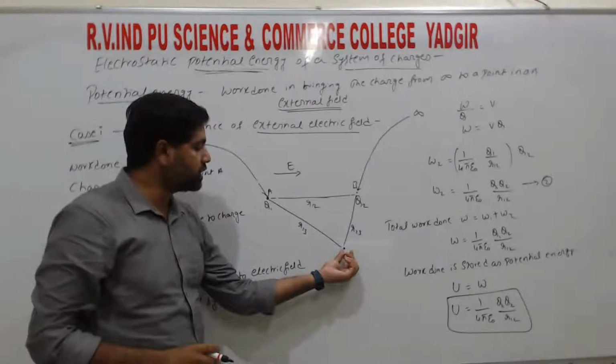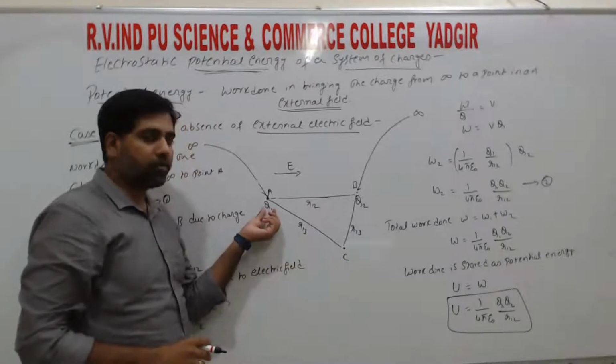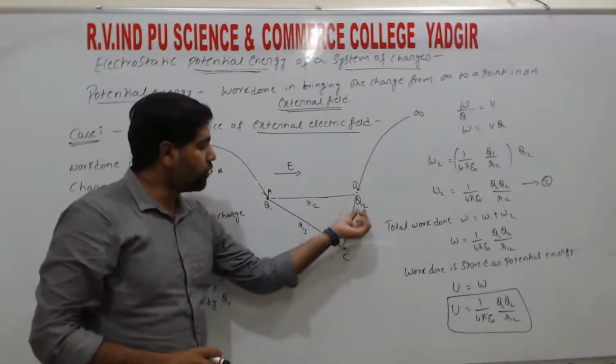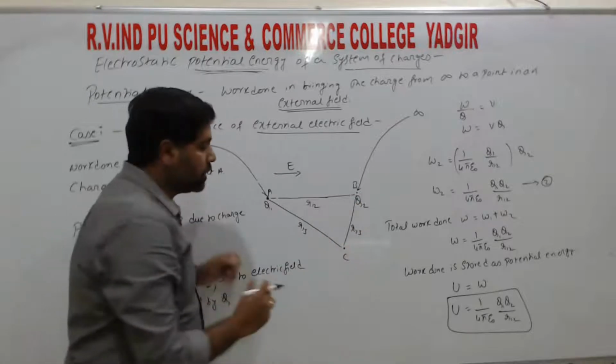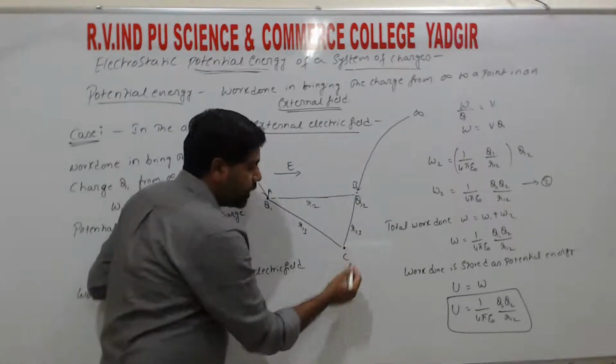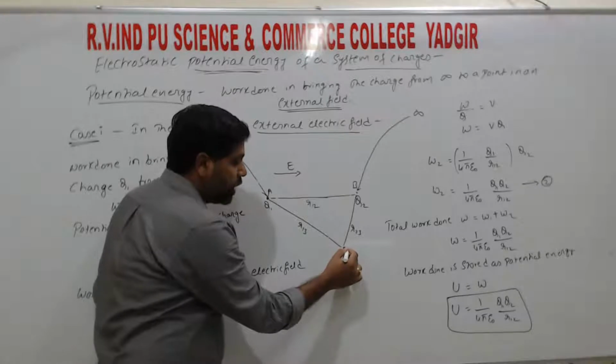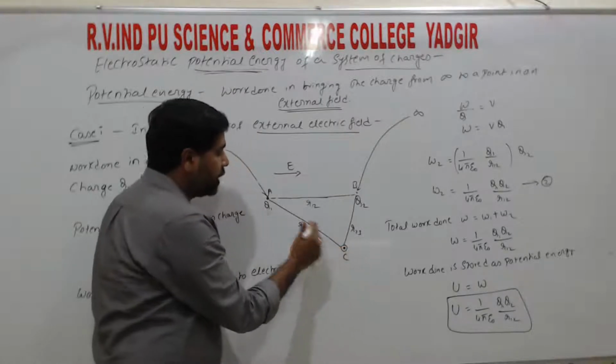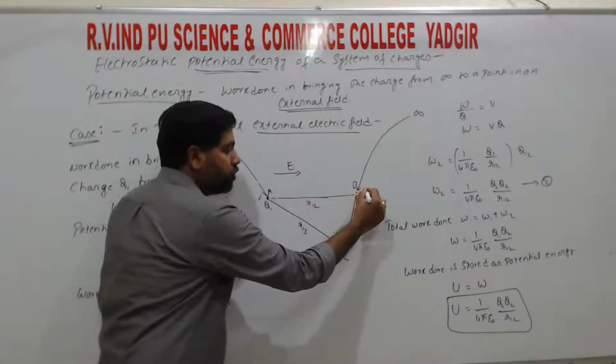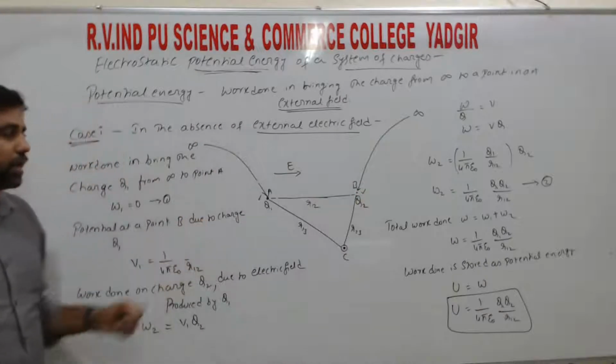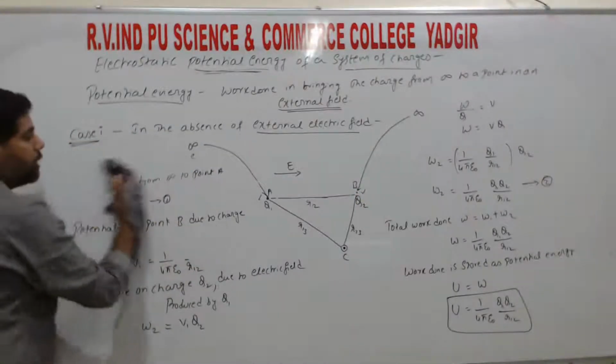So this point is at a distance R13 from charge Q1 and R23 from charge Q2. Hence, this point experiences the potential. That means we are going to find the potential at point C due to the charge Q1 and due to the charge Q2, right? So for that,